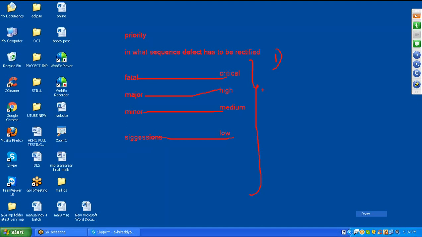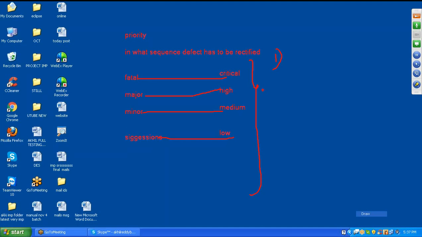You said the right answer, but the explanation is not correct. Minor defects only we are giving high priority. Why? Because that is the look and feel. He is coming, he is not working with the application. He will just observe from outside. He will check how much work is going, how it is going, whether my expectation is reaching or not. He will not work with the application. In that situation, we will give more priority to minor defects.